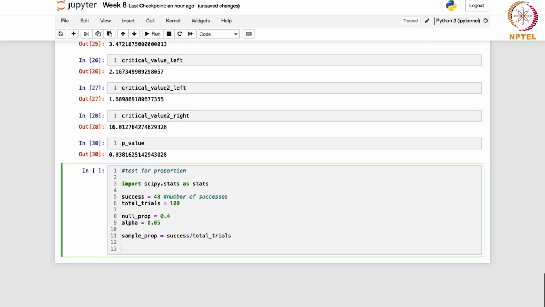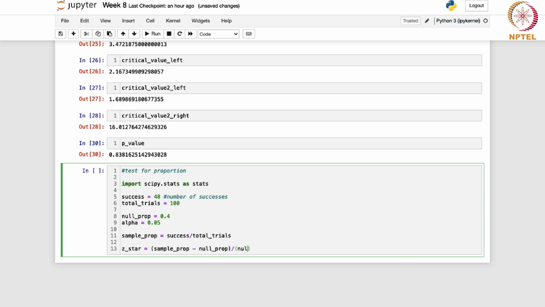And now you are ready to calculate the test statistic, because in this case, what is your test statistic? It will be p hat minus p0, divided by the square root of p0 into 1 minus p0 divided by n. So we have to write this entire thing. So let me write sample prop minus null_prop. Okay, sample proportion minus null, that is the hypothesized value. You divide this by,